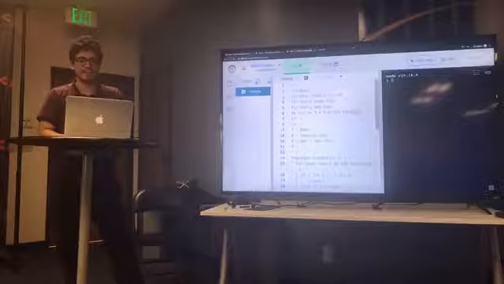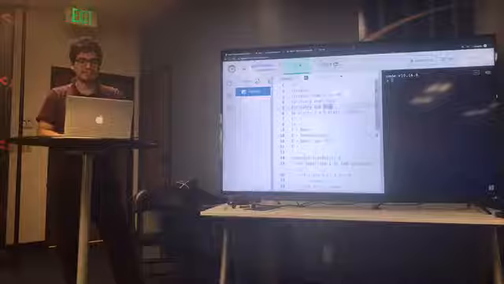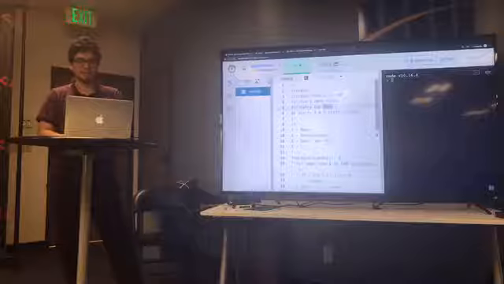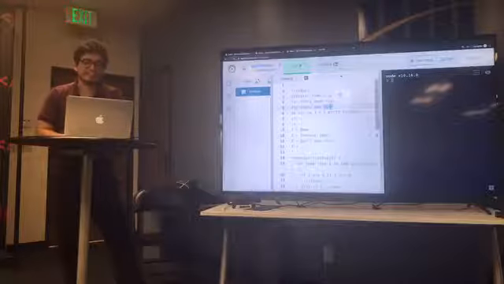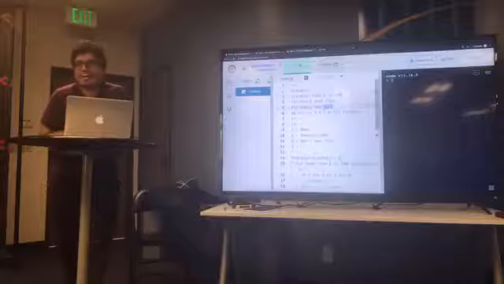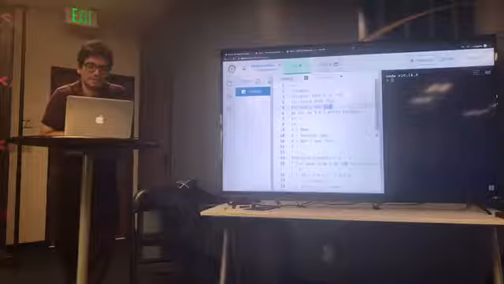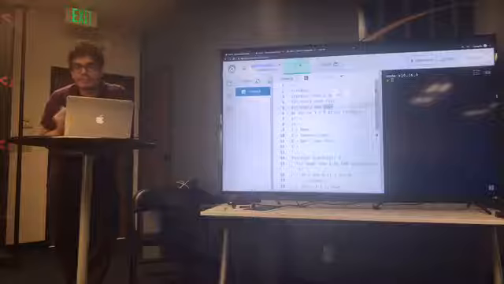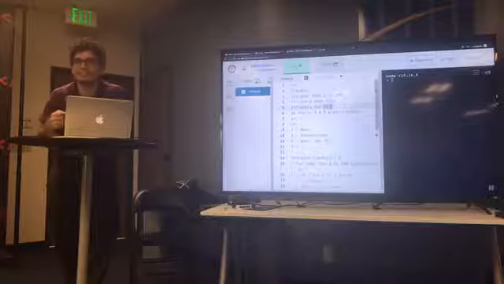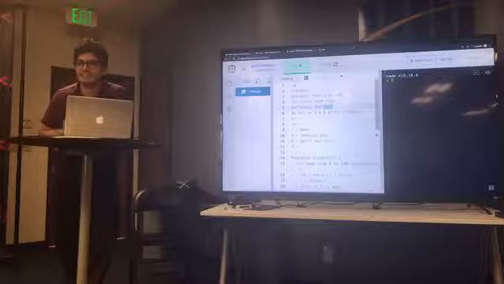For every odd, output buzz, right? And then if it's divisible by 3 and 5, I print fizz buzz. So in this case, I would ask the interviewer, okay, if it's divisible by 3, do you want me to output fizz buzz, or fizz buzz buzz, or buzz fizz buzz? If it's divisible by both, fizz buzz.